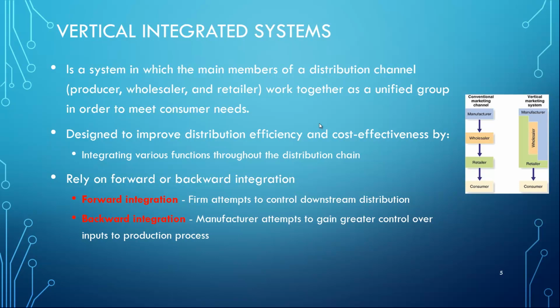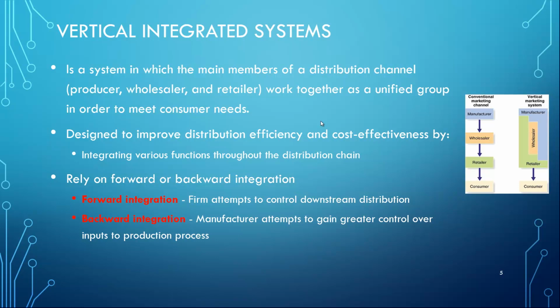The partners could be working in a vertically integrated system, which means members of a distribution channel, producer, wholesaler, and retailer, work together as a unified group in order to meet customer demand. This kind of structure between the partners is designed to improve distribution efficiency and cost effectiveness by integrating various functions